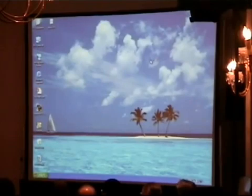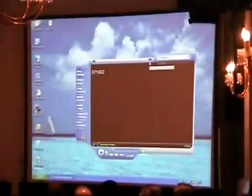It loses, because of the tricks we did where we don't use the Linux file system, but we use a partition, and we...